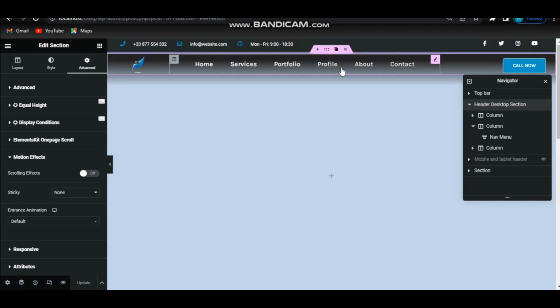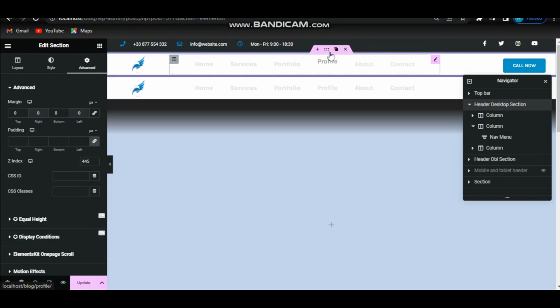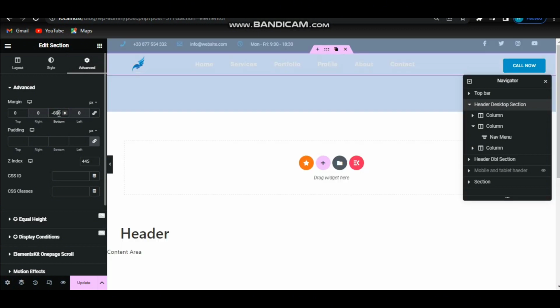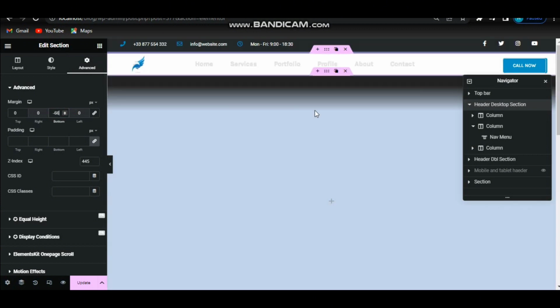So let's do that. First of all, duplicate the entire section. After you duplicate the entire section, go to the first header. In the advanced tab, give it a bottom negative margin like 66 and give it an index number, any index number. Then go to the